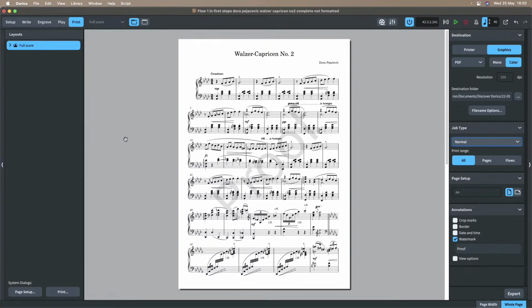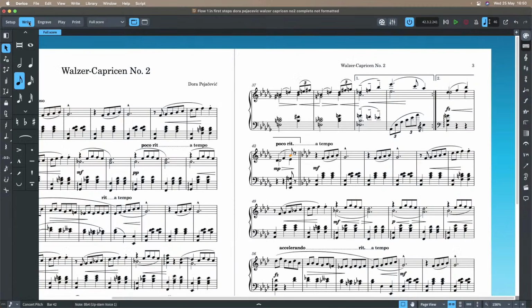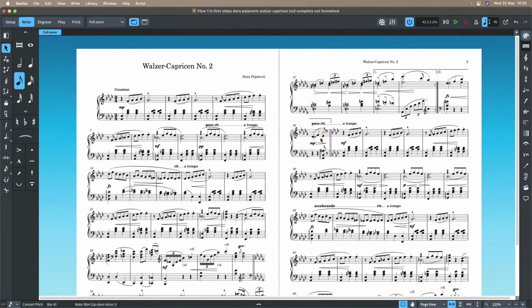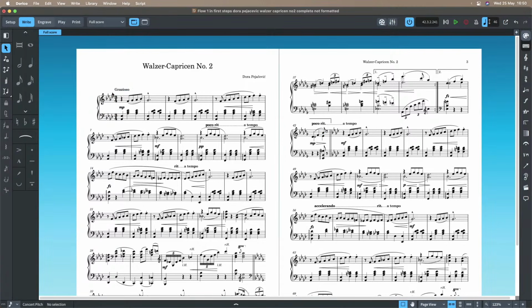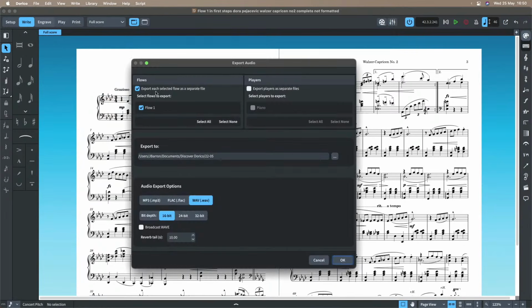Another export option you might want to use is exporting the audio. So if this piece, we've now played with the durations of the notes and everything else, we want to export it, we can go to File, Export, and we go to Audio. If you leave this ticked, then it will put each flow in an extra folder as well, so you might not want that, especially in this case where we only have one flow. You might want to export as MP3 instead of a WAV, and this is the location it will be exported to, or maybe you do want a WAV file and you want to export the players as separate